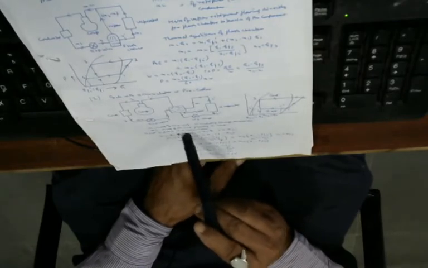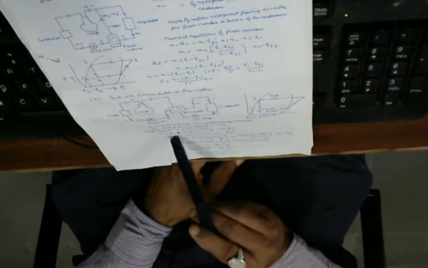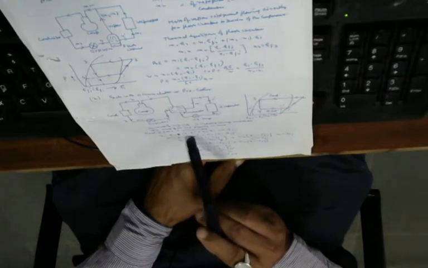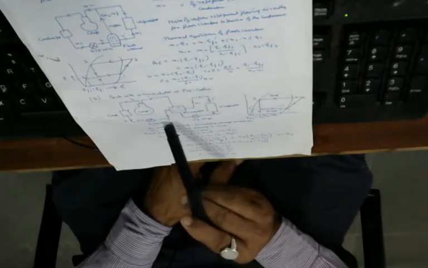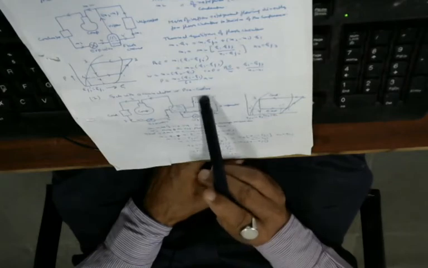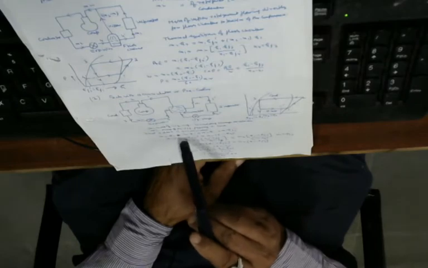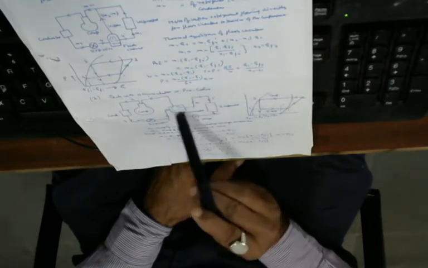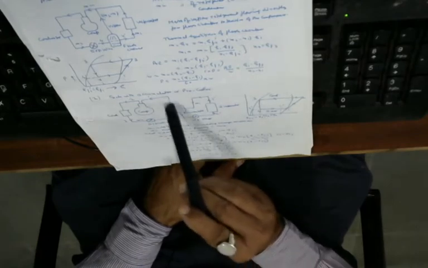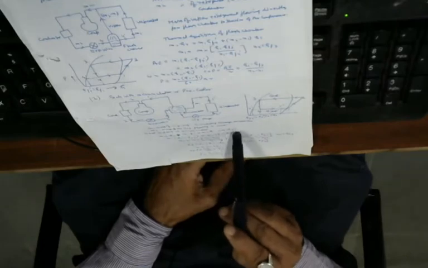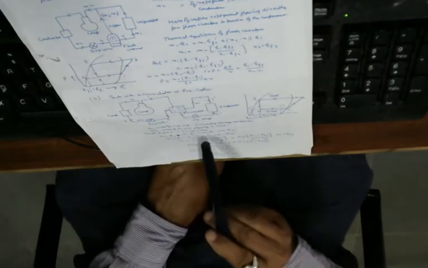Heat balance in the accumulator. Let us see. M2 into H4 plus M1 into H1 dash, which are coming inside the accumulator. 2 points are there at which one side liquid is entering, one side gas is entering. So M2 into H4 plus M1 into H1 dash, gas which is coming over here, they are equal to M2 into H1 plus M1 into H4 dash. So that is the heat balance for the accumulator.